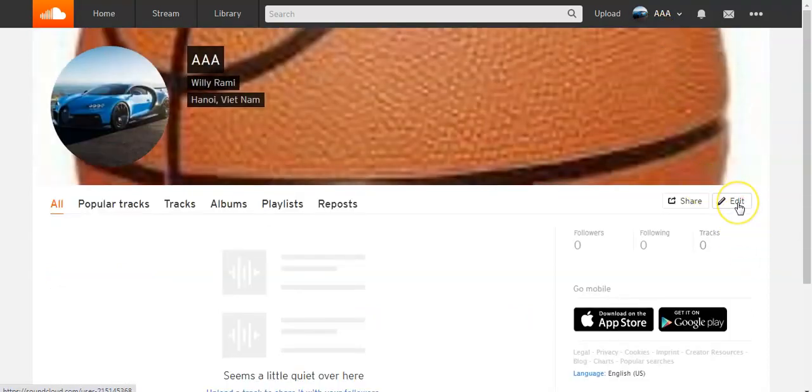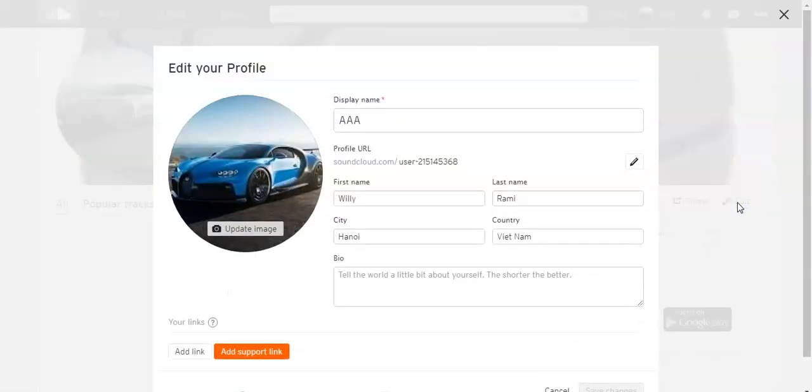After that you click Edit, and here is the information you can change: display name, first name, last name, city, country, and if you want to add more information here. For example, if I wanted to change the display name, John, for example, if I want to add more information here,